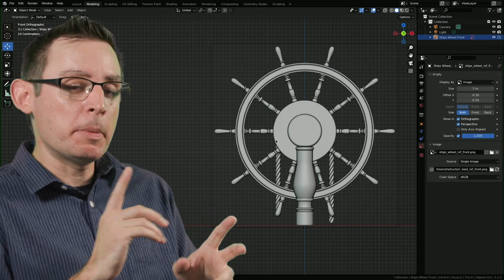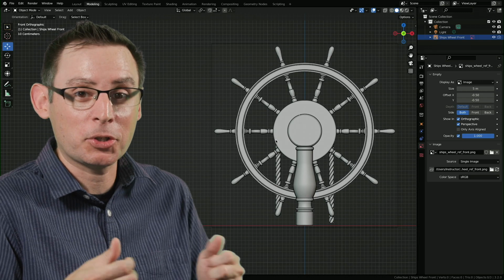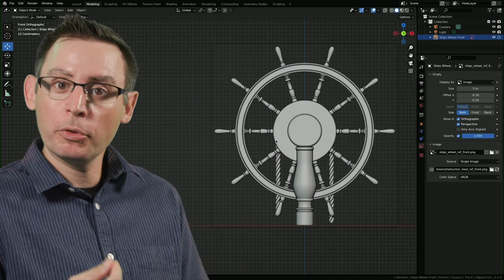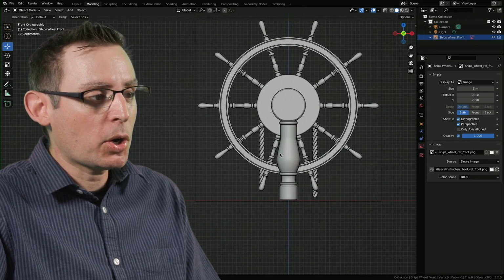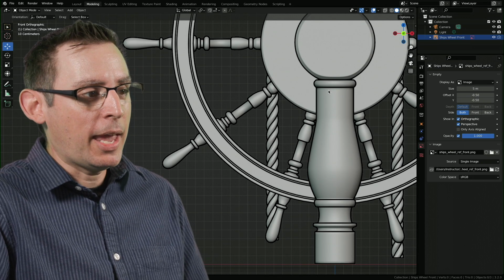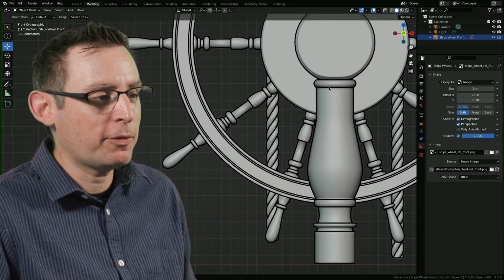For our lab assignment, we're going to be building this cool kind of ship's wheel, if you will, from like a pirate ship, which is cool. This is where they physically drive the ship. And we're going to make almost all of this with curves, or all the geometry is going to be created from a curve. And we're going to start off by looking at how we're going to create this little pedestal. And this pedestal is really one of the support beams for the entire wheel itself, and it's pretty neat.